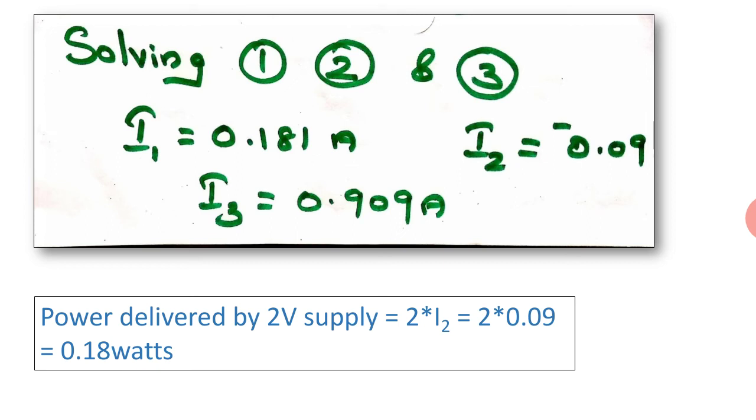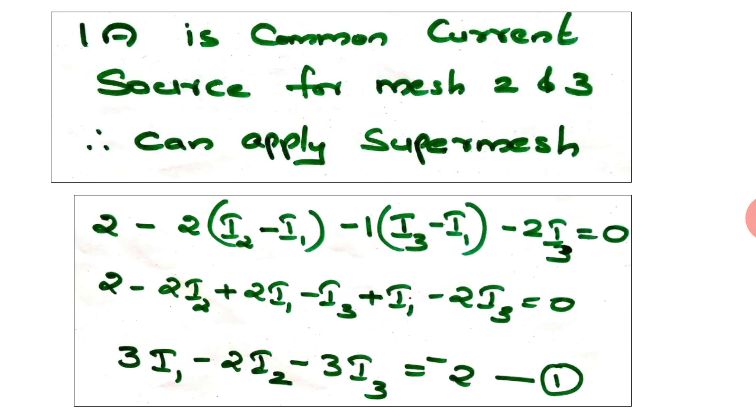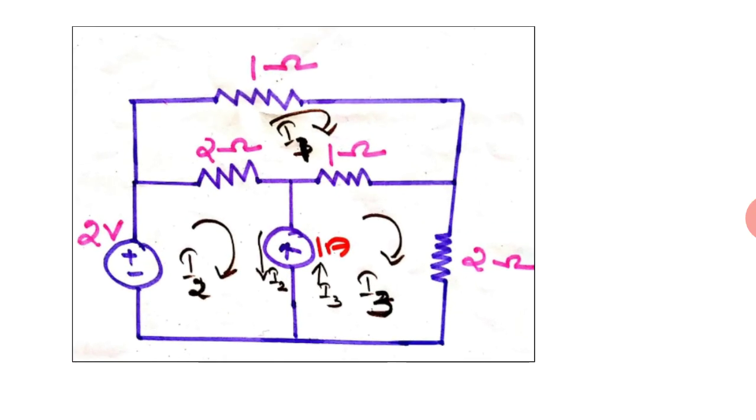This solution can be done on a calculator, and for doing the solution on a calculator, you know that you can go to mode, then equation. From equation you can take the solution of 3 unknowns and you can find the solution for I1, I2 and I3. Once you get the I2 value, you know that the power delivered is